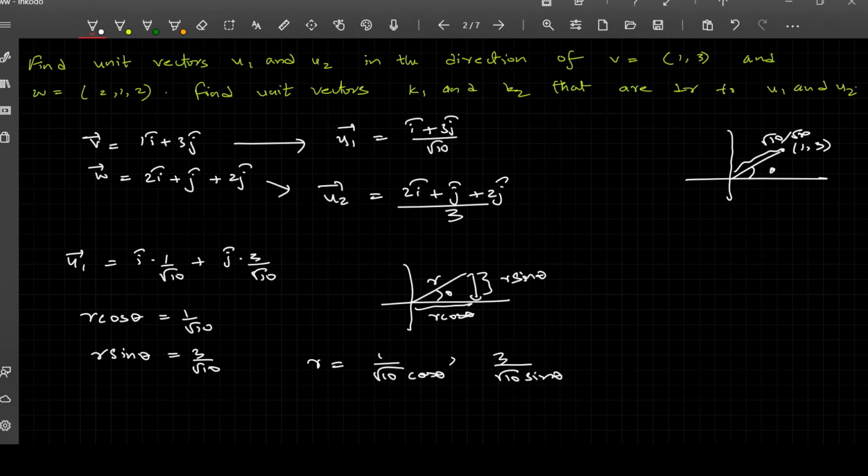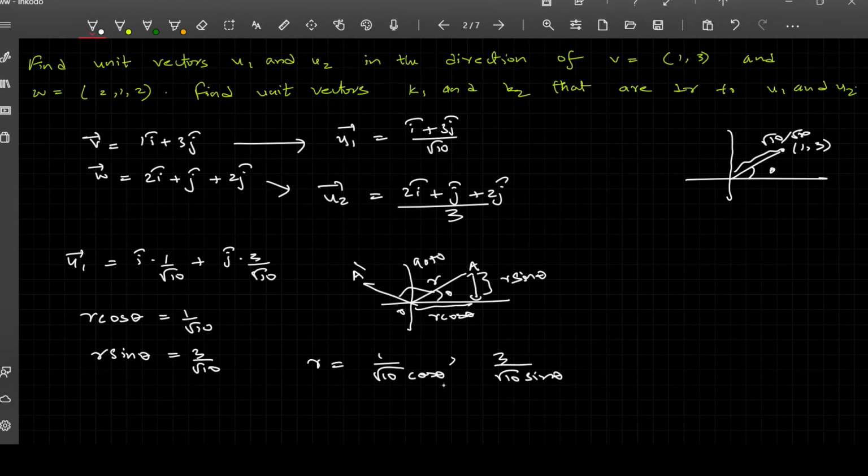Now the perpendicular vector, in the sense of the angle, this would be the perpendicular vector, and the angle between them is 90. So if originally this is A and this is O, and the angle between OA and the x-axis is theta, now the angle between OA dash and the x-axis would be 90 plus theta, isn't it?